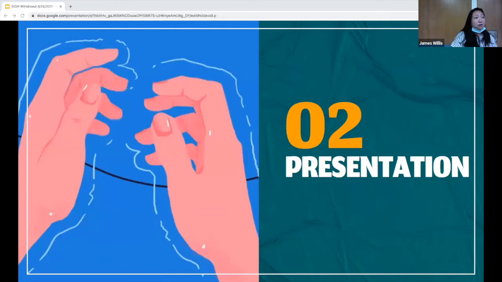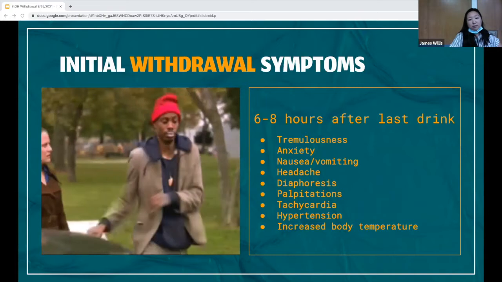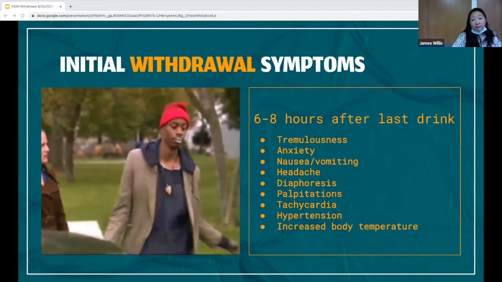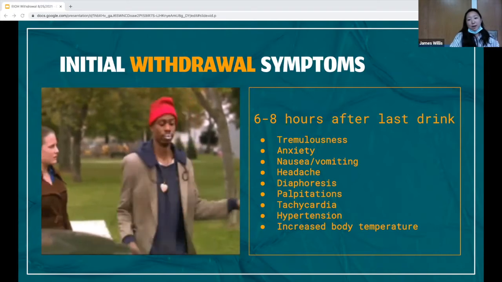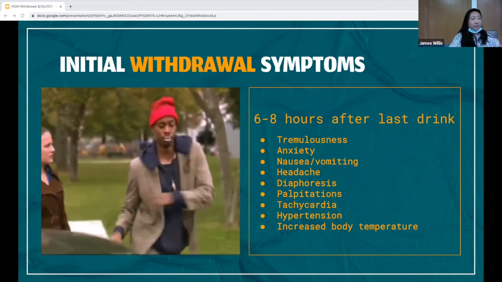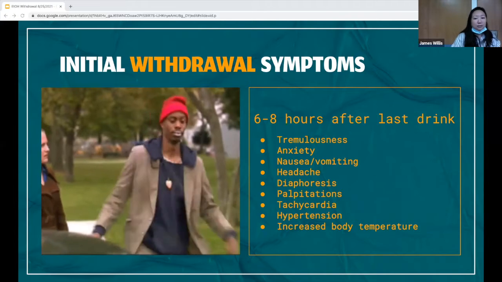So I'll briefly go over the general presentation. I know you guys have seen this 100 times. Of course, there's the timeline in which we expect certain phases of alcohol withdrawal syndrome to present depending on when their last drink was. First, within the first few hours after the last drink, you get the general tremors, the anxiety, you'll get the hyperadrenergic hyperactivity, such as diaphoresis, tachycardia, hypertension, and hyperthermia.